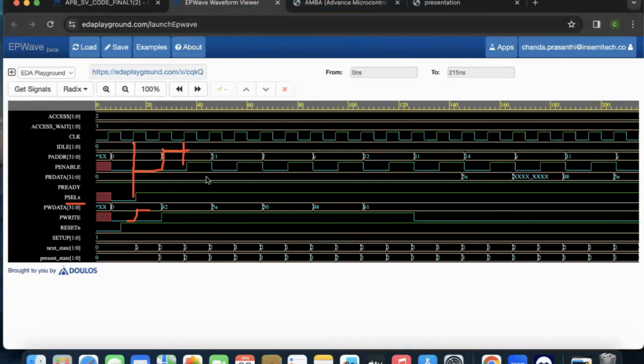Can you debug this, where the signal delays or mismatch are? Can you debug? Sure, I can check the code. Basically the select is just to say which slave you are taking. Whenever P write is high, within the next clock cycle P enable should be high. That's the spec protocol. Yes, that's the design. Here, whenever P write is high, then in the next clock cycle P enable should be high. It doesn't depend upon P select or anything else. I know, I will tell you why. Because here what is happening is you are setting P select to high,